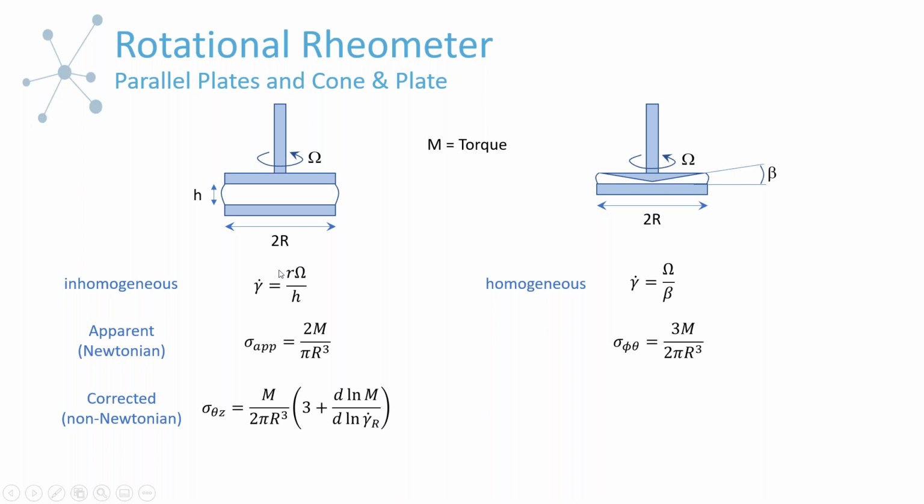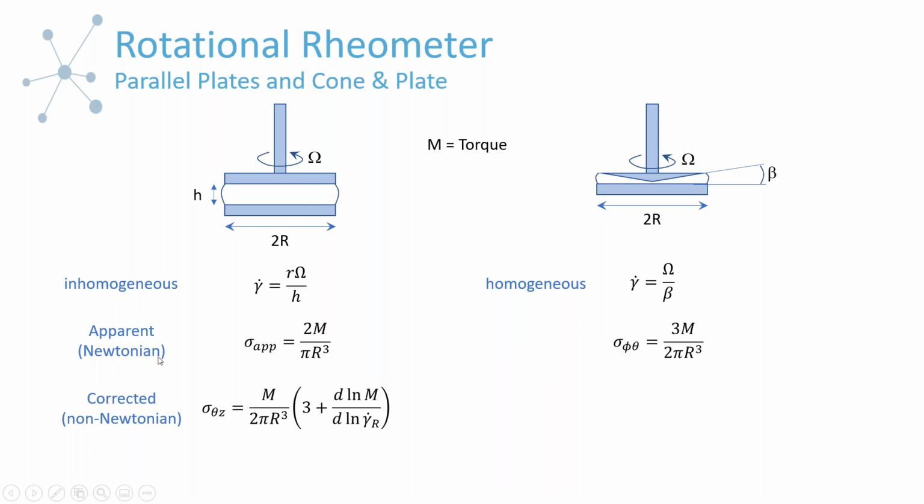So the numerator is the linear velocity, which is maximum at the edge where the distance is equal to the tool radius, and then goes to 0 as we move towards the center. However, the gap is constant. So shear rate is maximum at the edge and then goes to 0 towards the center. So that means if you have